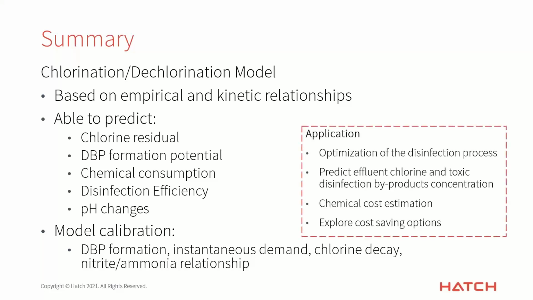And there's a lot of applications for this model. A few of them include the ability to use it to optimize the disinfection process. It's able to predict effluent chlorine and the toxic disinfection byproduct concentrations. You can use it to estimate your chemical cost, and you can use it as more of a general optimization if you're exploring cost-saving options for your whole plant. It can be one of the variables you're looking at. Basically, the chlorine dosage or the dechlorination dosage in this model can be one of the variables you look at in a more plant-wide cost optimization